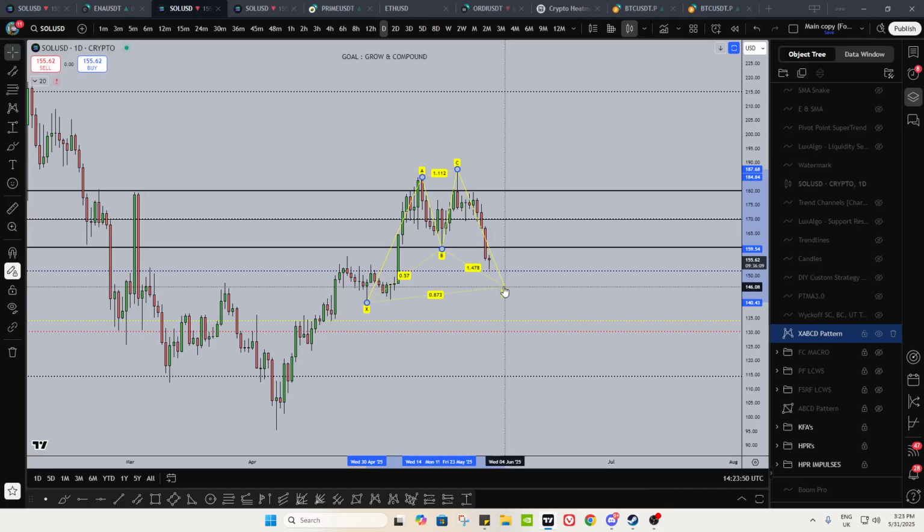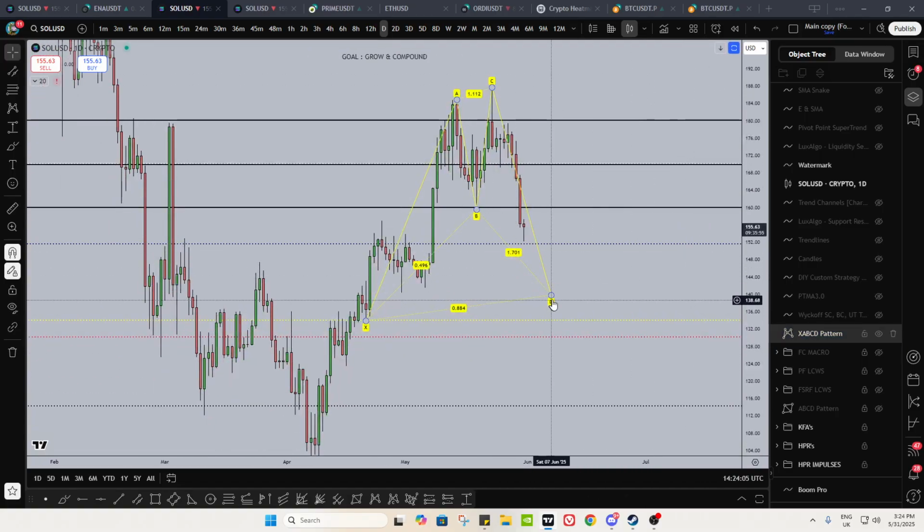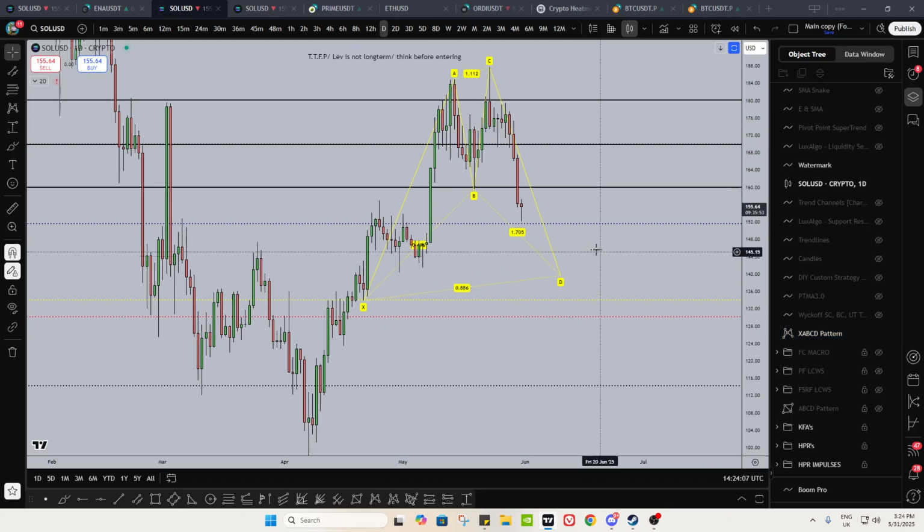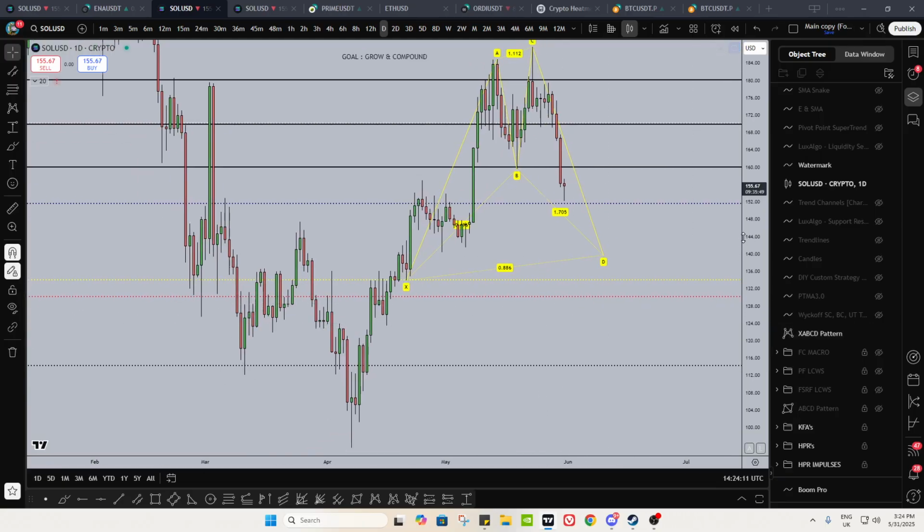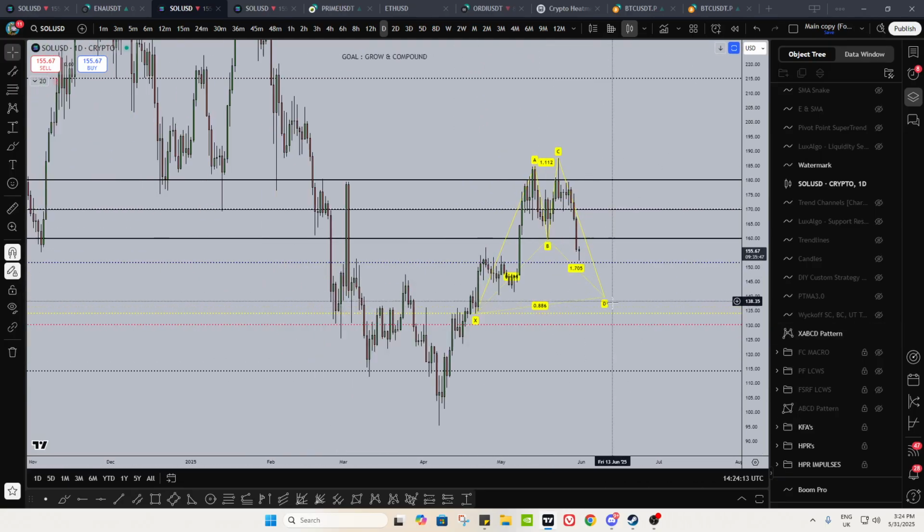I want that to be at least 1.618 for the 886, right? That's the thing. There we go. Alright, so something like this perhaps on Solana. Right, you've got reasons to target lower. Here we go. You've got the rate on the high, right? So the D would be down over there. For now, that looks like the nice one.